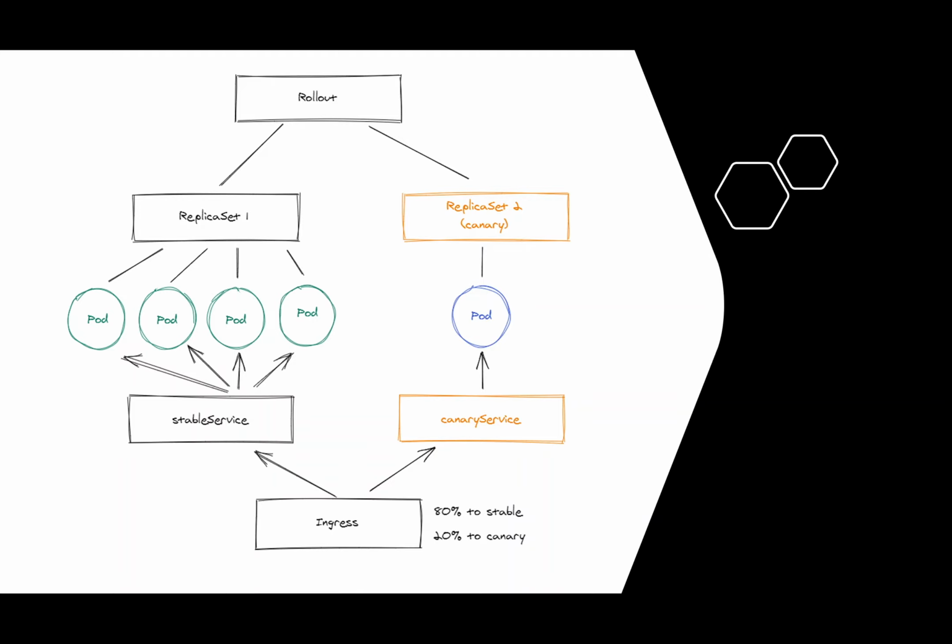And for example, in this case, if you have set the Canary deployment to 20%, which means that 20% of the traffic will go to the new version of your service, 80% of your traffic will go to the old version of the service, then something similar to what you see here will happen. And so rollouts will scale down the first replica set to, in this case, 4 pods. 80% of the pods are still in the stable service, and 1 pod, 20%, will be in what we call the Canary service,